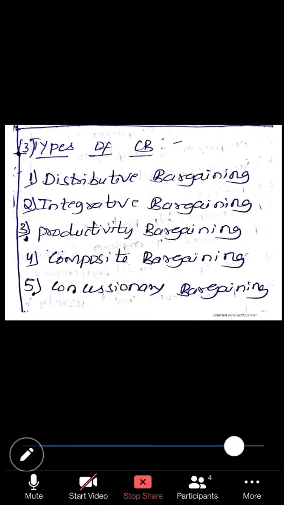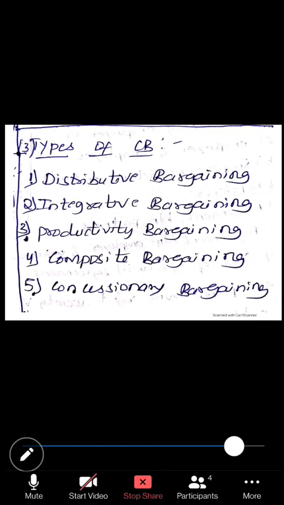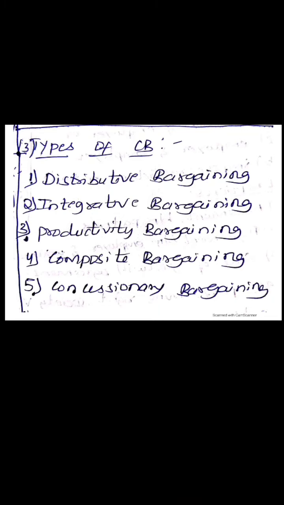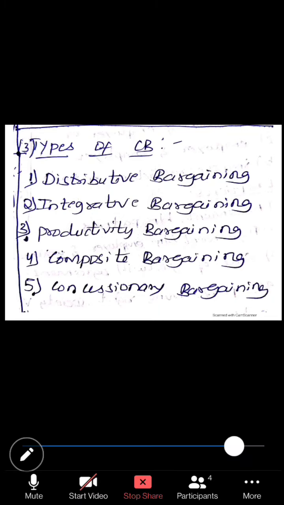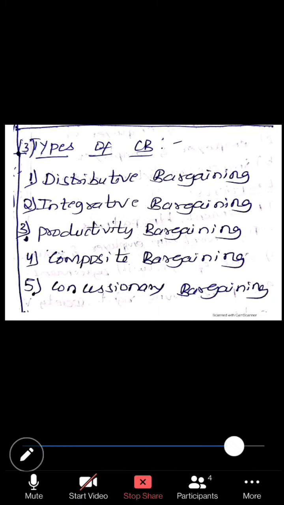Concessionary bargaining. So what is concessionary bargaining? Unions give back previous benefits, for example, salaries, bonus, etc., to the employer. So it is during the tough times, the concessionary bargaining. Say the company is going into loss, then the trade union itself will decide to reduce their salaries, and it will ask the employer to save the company. That is concessionary bargaining. It is during the tough times.